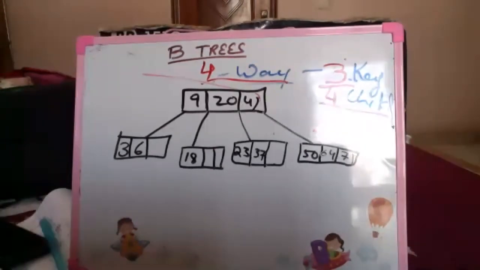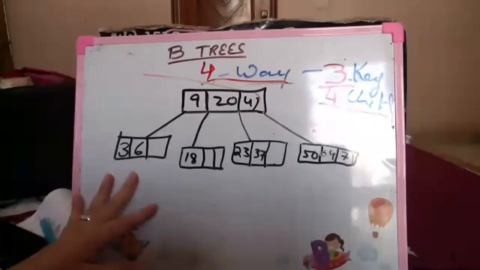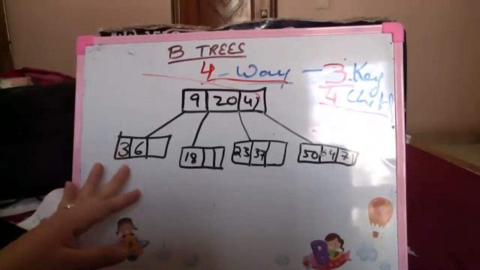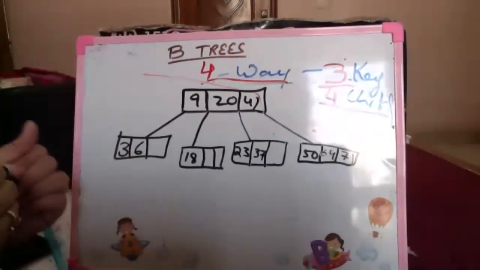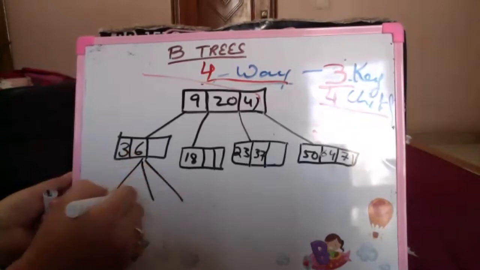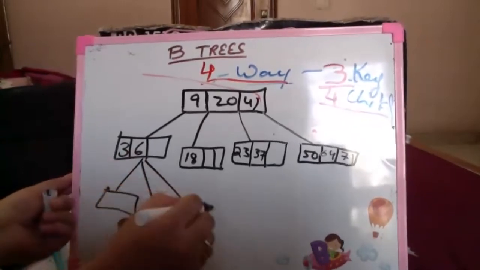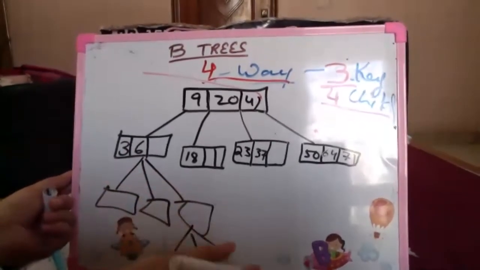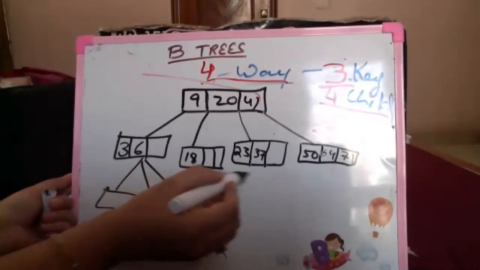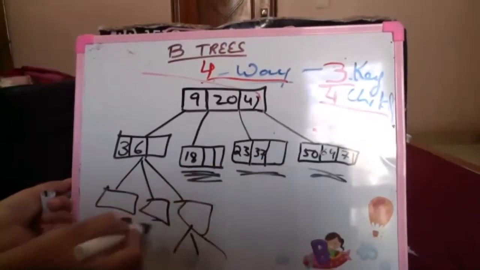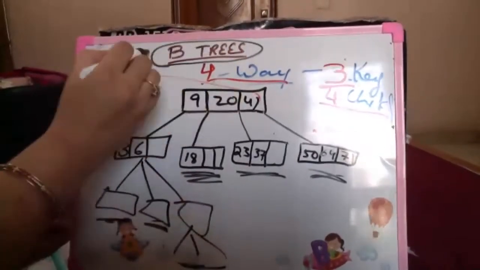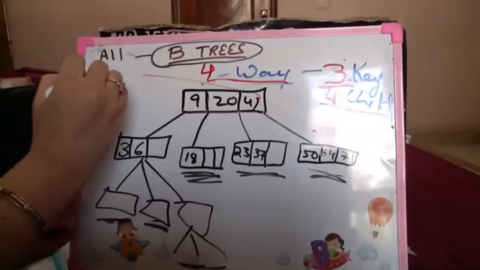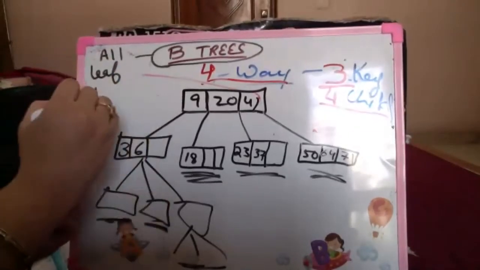You all are able to understand how we are representing an M-way tree? The only difference between an M-way tree and a B tree is that an M-way tree might have children only for a particular node, so the leaf nodes, which do not have any children, are not lying at the same level. A B tree has all leaf nodes at the same level, so it is a height balanced tree.